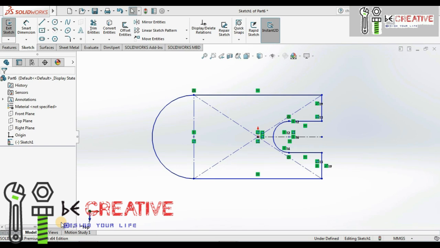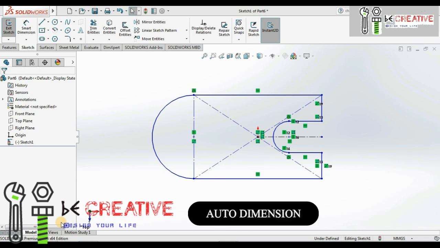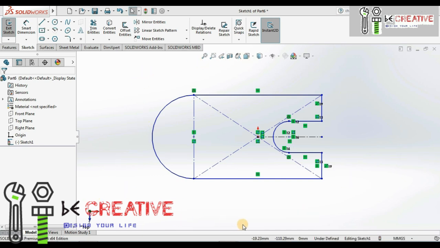In this video, we are going to learn how we can add a dimension or relation to the sketch automatically. The sketch is underdefined now. As you can see, the sketch is in blue color. If you want to add the dimension or the relation automatically, we have an option in the sketch